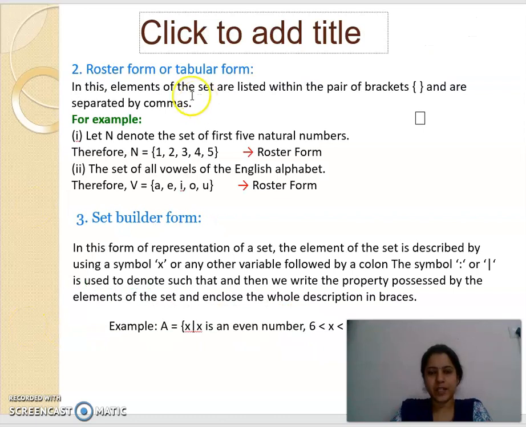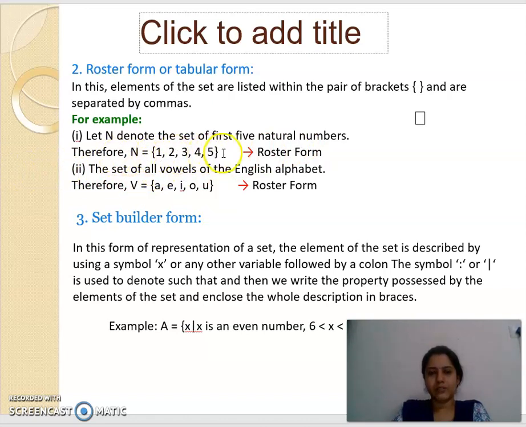The next representation is tabular form. Tabular form means the actual elements or objects in the set are kept within braces. For example, suppose N denotes the set of first 5 natural numbers. N is a set which contains the first 5 natural numbers, which are 1 to 5.